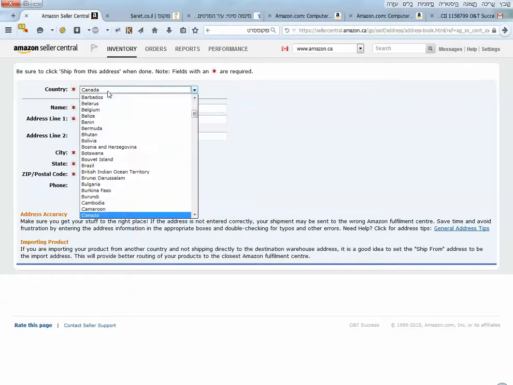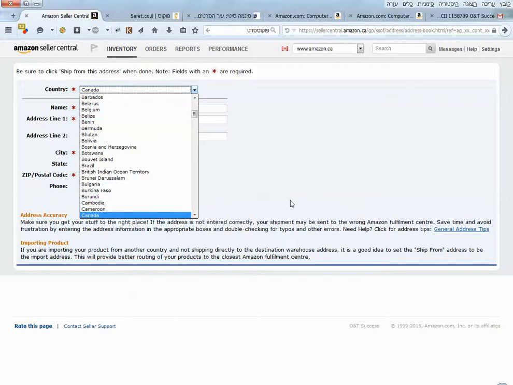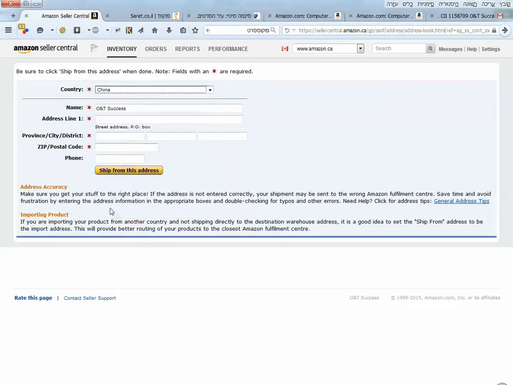Now here we need to add the address in China, the one that we have in China. And for everyone we need to add the supplier address and the name of the supplier. We need to add this address, with the province, everything. And basically, once you get to the end, to the part when you need to actually